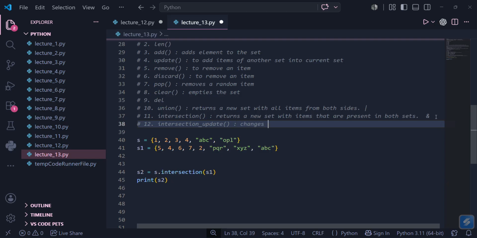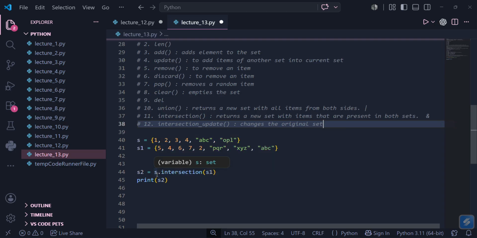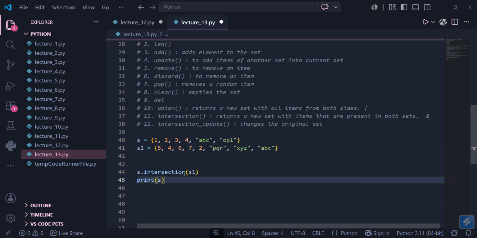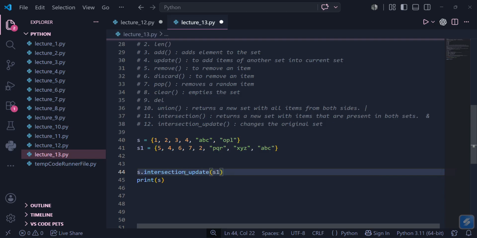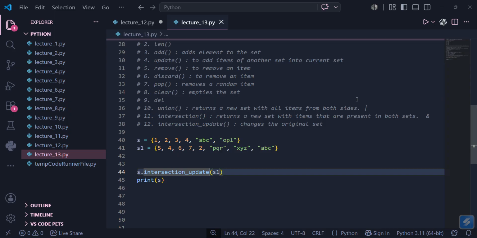It changes the original set instead of making the new one. Okay, I'll go for s1 dot intersection update, and s will be containing these and all others will be removed. Okay,